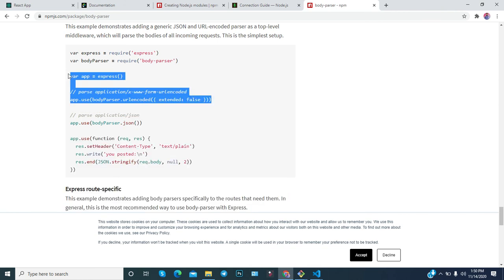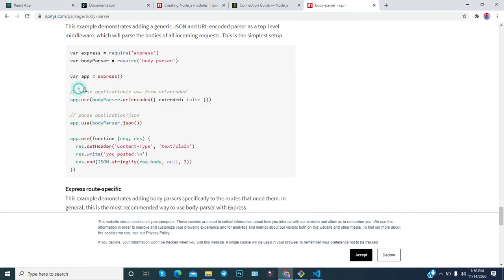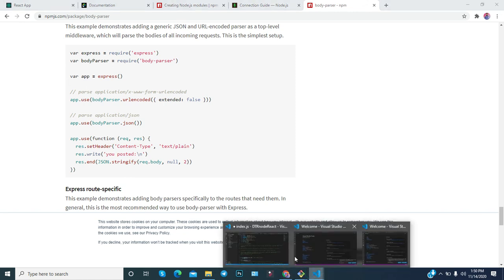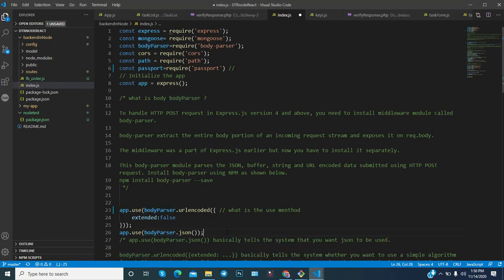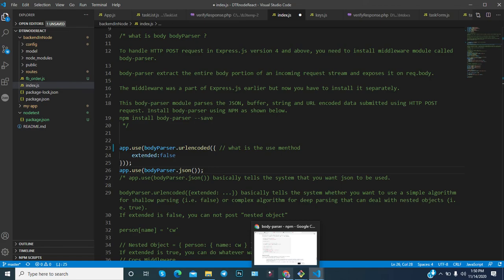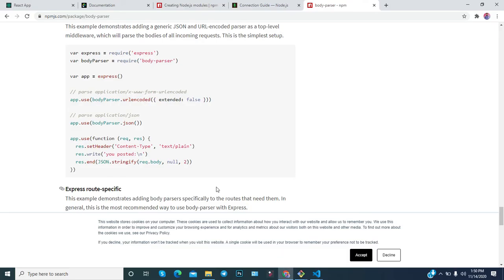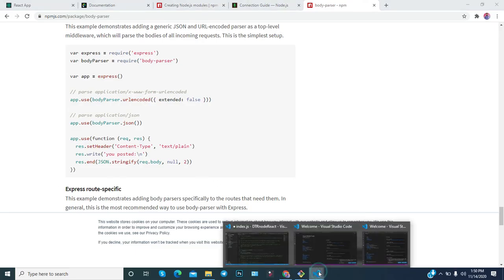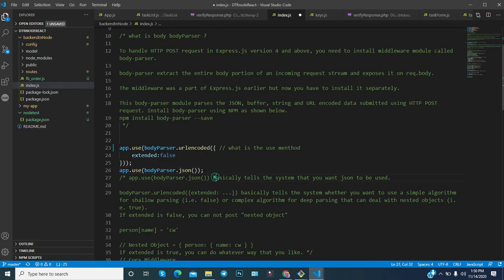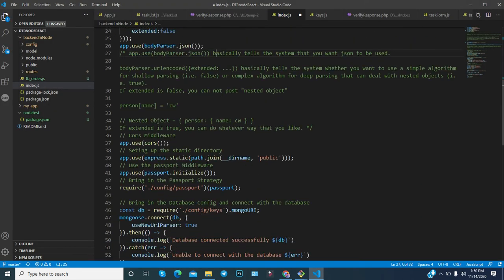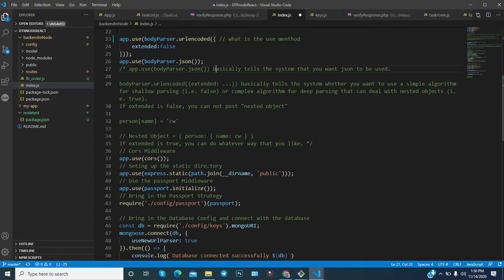So based on the documentation, we follow the steps and write this code to make body parser work. As per the suggestion of the documentation, you also have to do the same. Okay, so now you understand about the body parser, and then here is the cors.